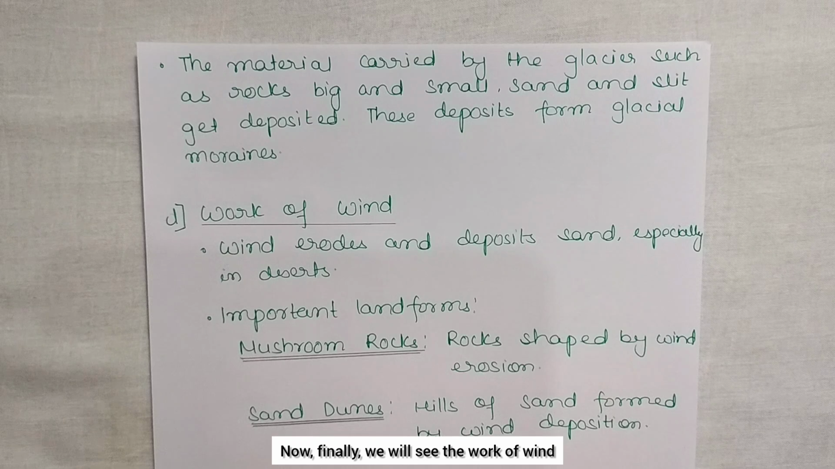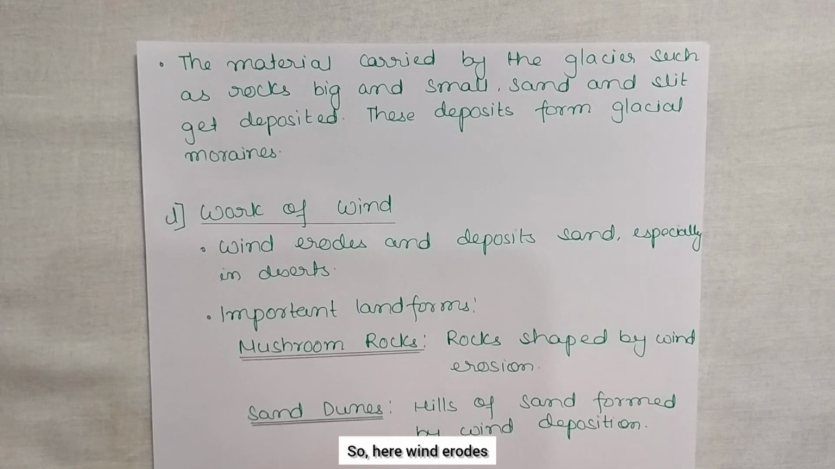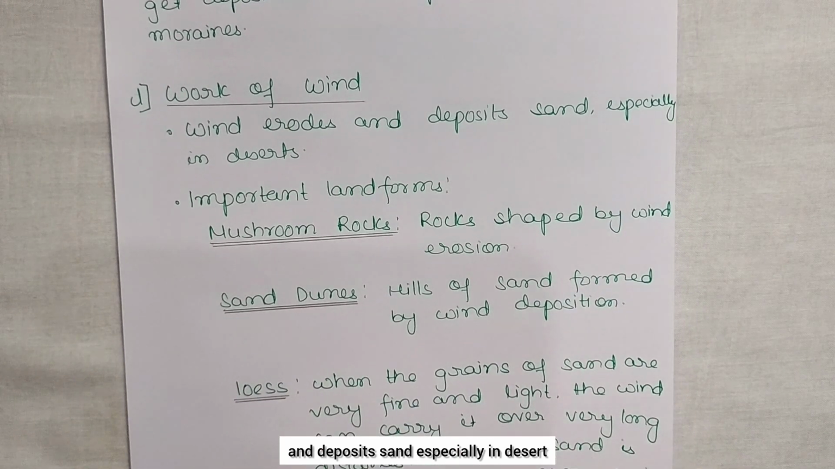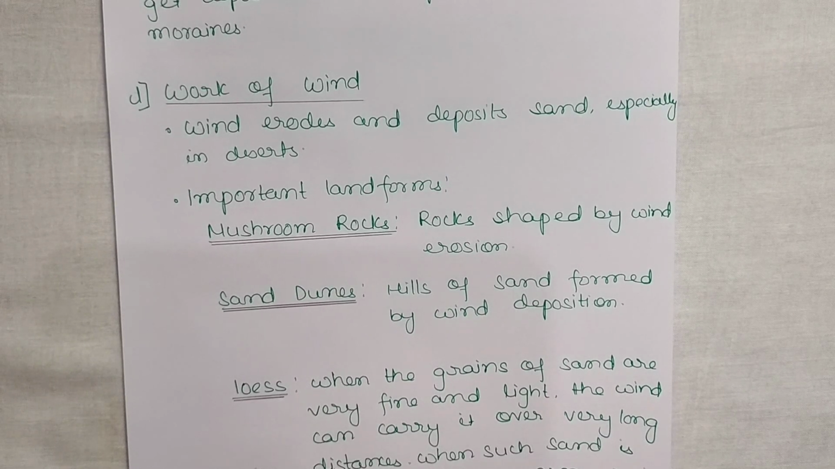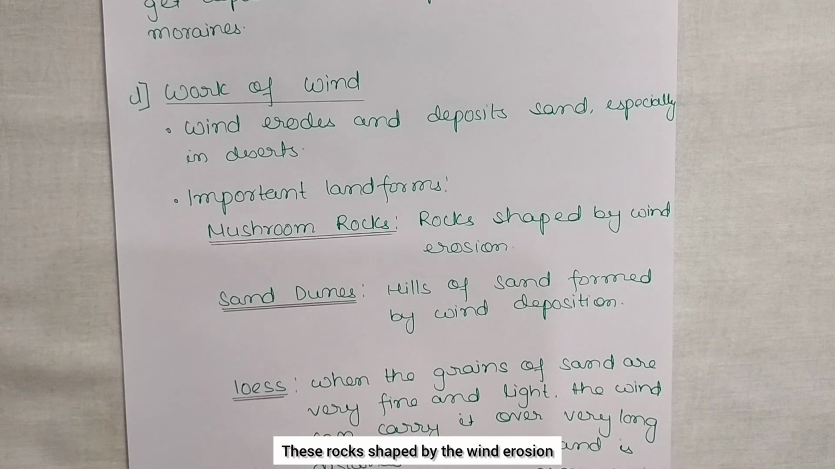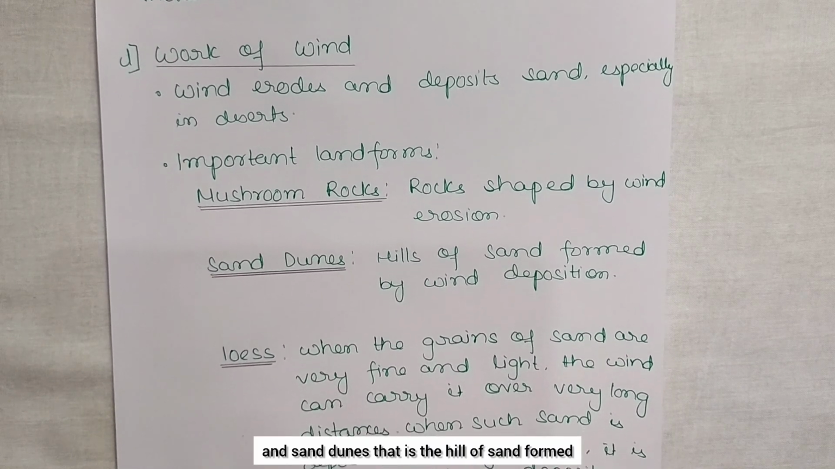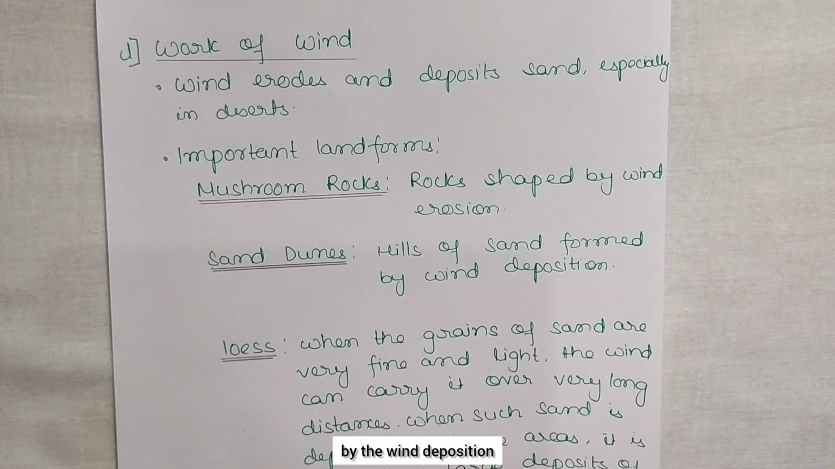Now finally we will see the work of wind, that is another major landform created by the forces. So here wind erodes and deposits sand, especially in deserts. Important landforms formed are mushroom rocks, which are rocks shaped by wind erosion, and sand dunes, that is hills of sand formed by wind